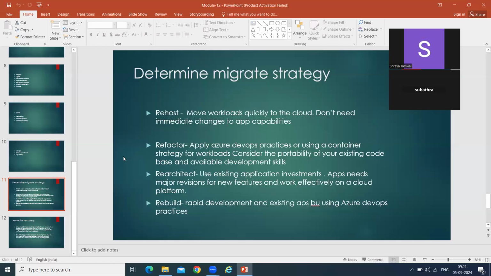You have to see, if I'm using a helper class, can I use some connector in logic app? Because in logic app there are inbuilt connectors, so we don't need to write so much code. Achieving the same functionality, you have to consider what you can use in logic app. That is the meaning of refactoring, I'm telling you.